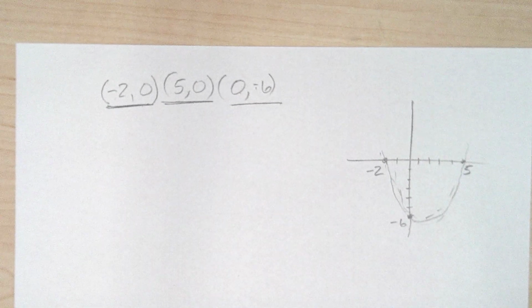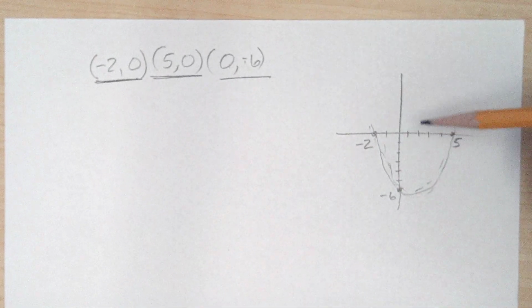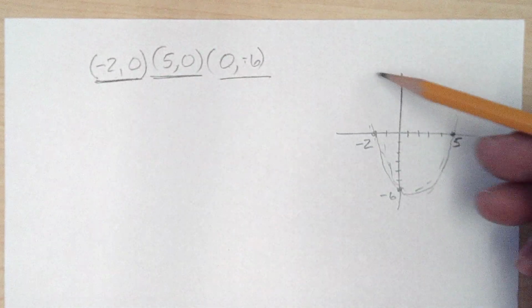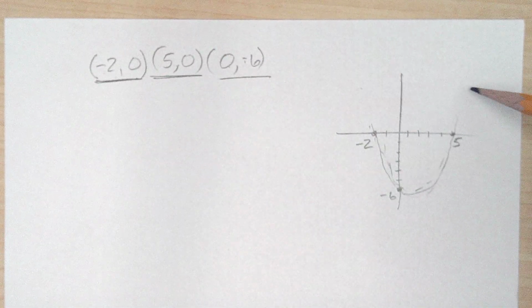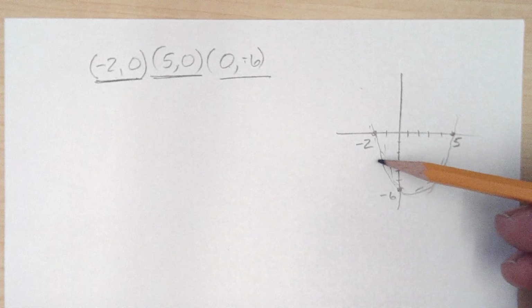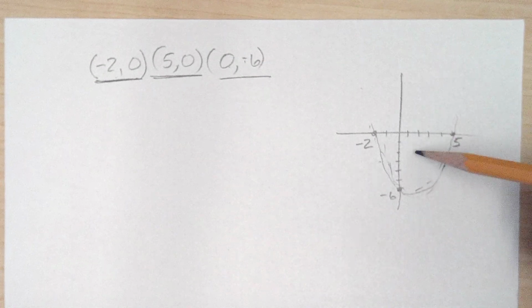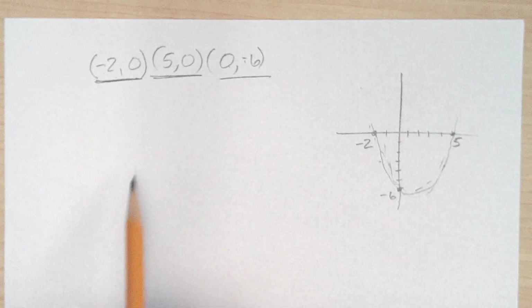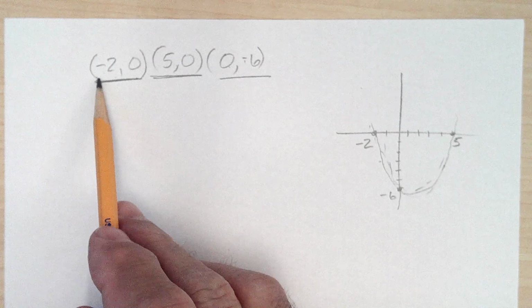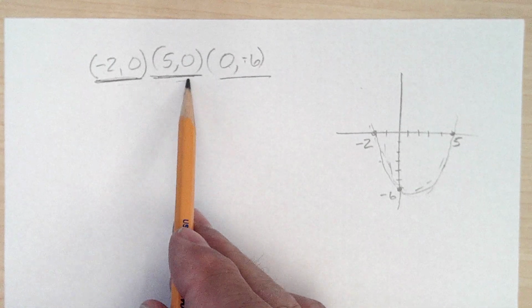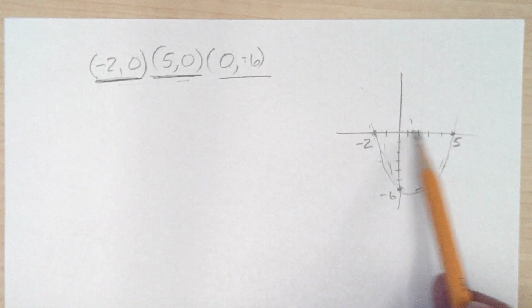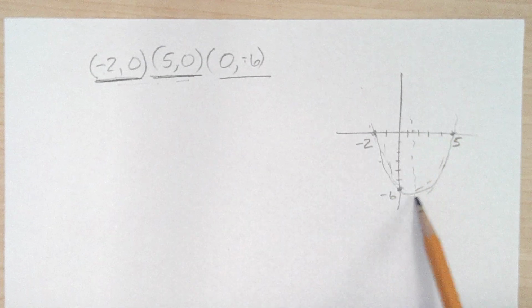But the main thing that we want to see out of this is that the center line has to be halfway between the x-intercepts. Now, if we don't have the x-intercepts, but we have 2 points at the same height on the curve, say down here at minus 3, it would be halfway between them. But if they're not at the same height, then this method doesn't quite work. But since these are at the same height, they're both x-intercepts, the center line has to be halfway between them because a parabola is symmetric